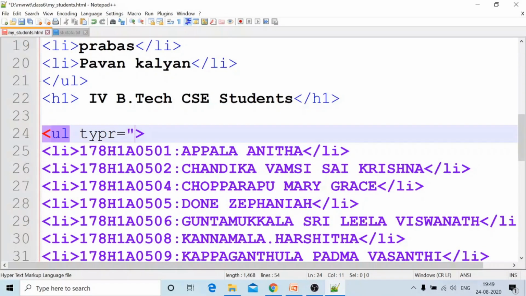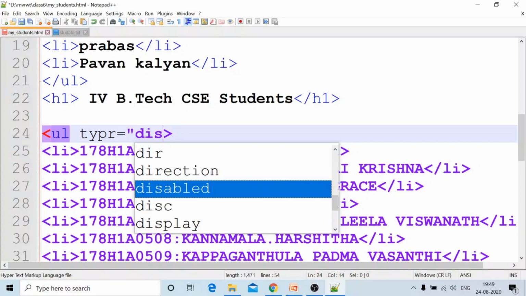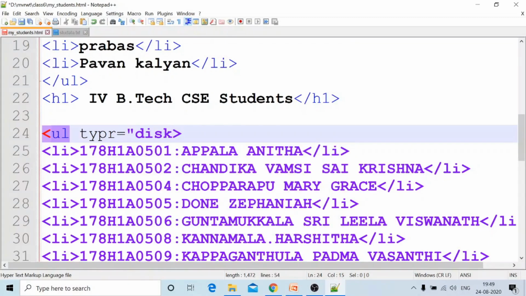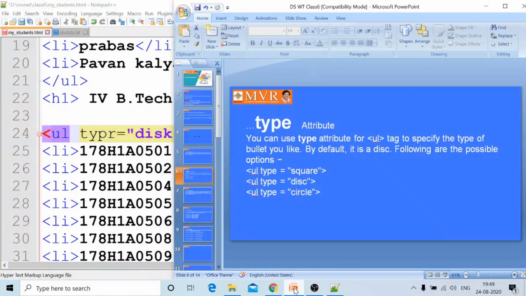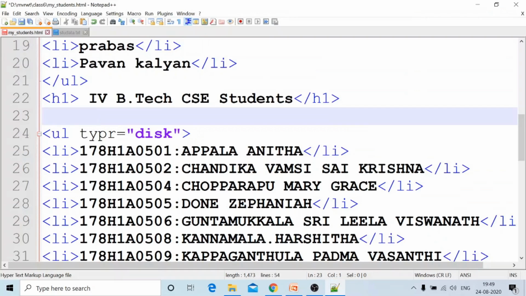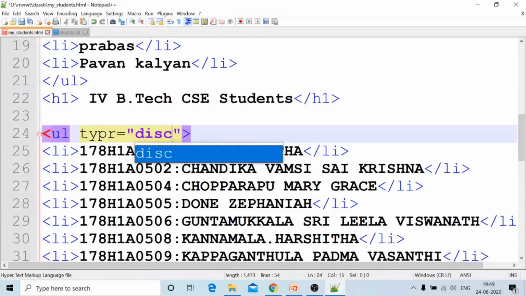Here I am placing disk. Type equal to disk, spelled DISC, not K. Type equal to disk. Control S, Alt Tab, I go to the browser and press F5.